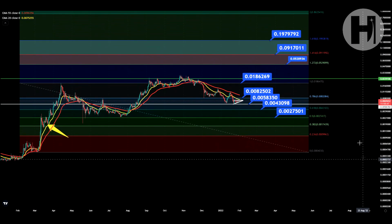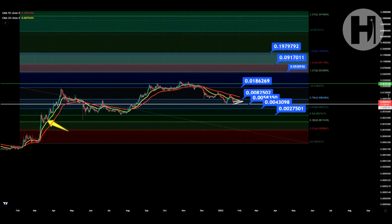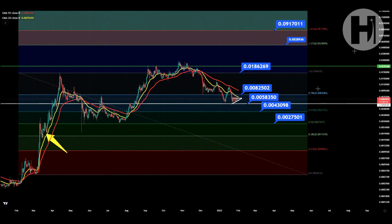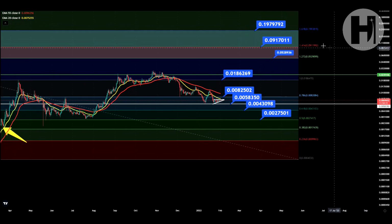Now, long term, we are looking at 20 cents for Multivac by the peak of the bull market. Obviously, we may get overextended and get to $1 to $2. Nobody knows how far Multivac can go, but I do have my personal targets, and I do use the Fibonacci